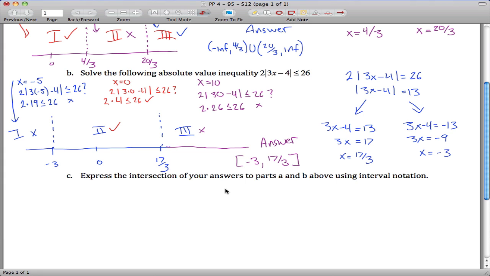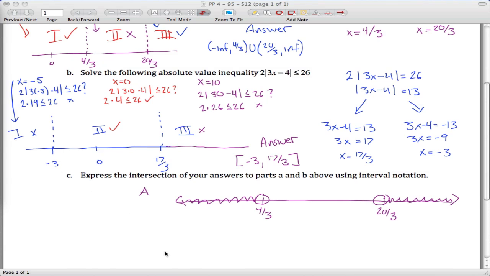Okay, so now what I have to do is find the intersection of my answers, and then later I'll have to find the union of my answers. So this is part A up here. Let's see, we have negative infinity all the way up to 4 thirds, and then 20 thirds all the way up to infinity. And my answer is kind of all of this stuff and all of that stuff. Okay, my answer to part B,